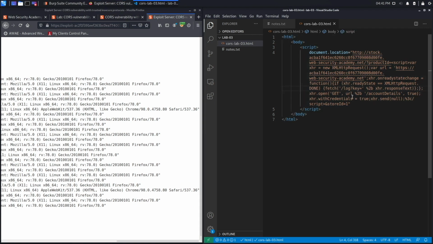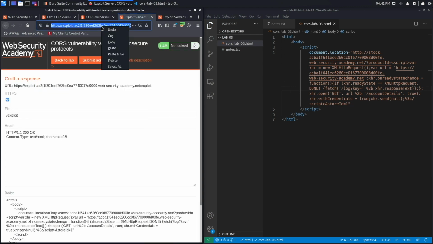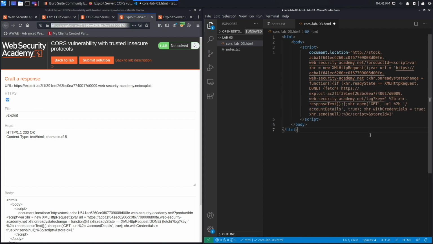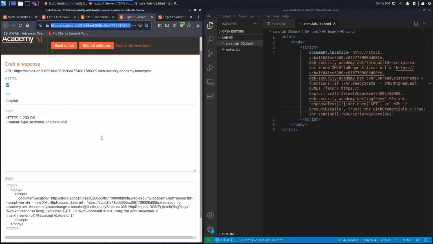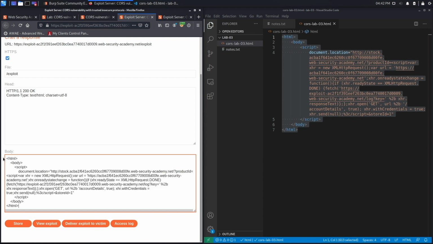Okay, and I think I know what's wrong. The reason it's not logging in the web server is because you actually have to specify the entire URL over here, considering that it's within another script. So let's go to our exploit server and get the exploit server URL, put it in here, hit save, and I think it should work this time around. So if we copy this again, paste it, store exploit, and this is how real life testing works. Sometimes it doesn't work and you have to debug it. So click on deliver exploit to victim,